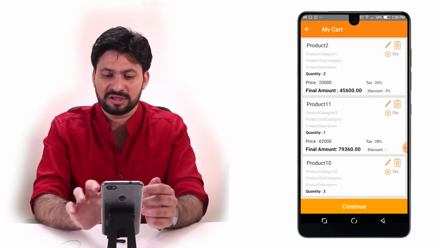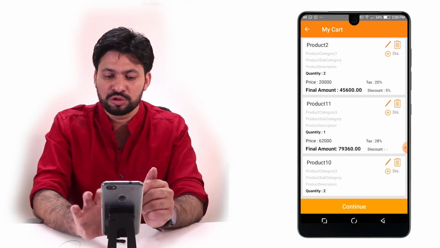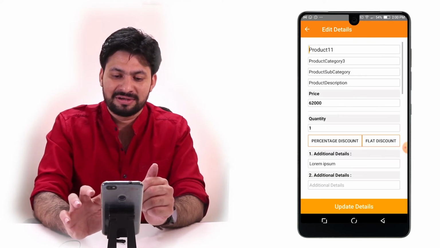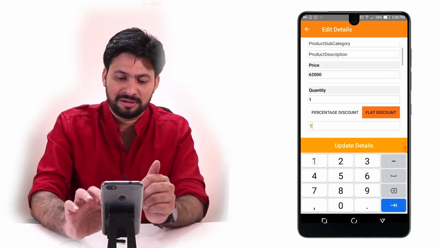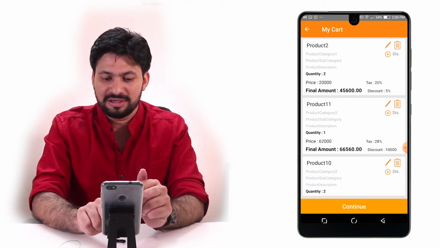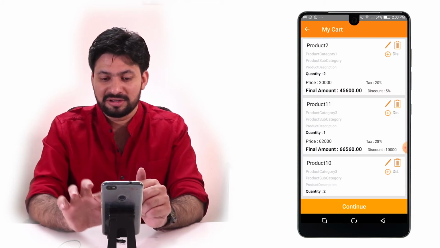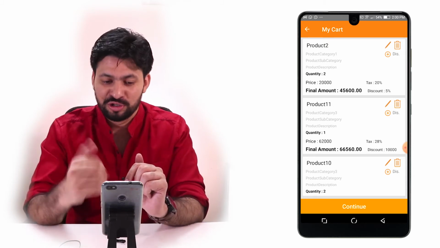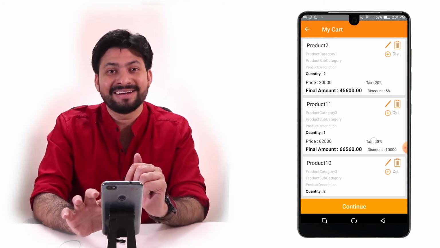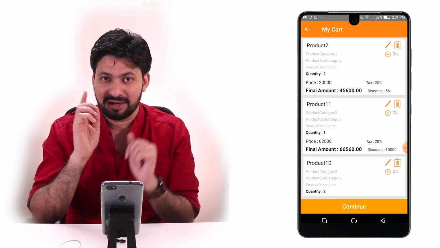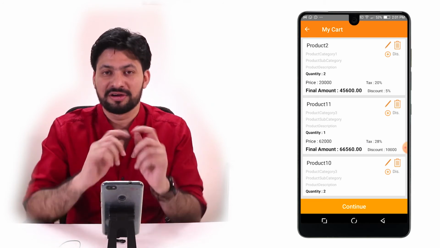So here for this customer I am adding, you keep a close watch on this account now. I am going to give a discount of 10,000. And now you can see it is reduced, but remember there is also a tax and we have chosen with taxes, so it reduced from the main amount and then added the tax into it. It's all happening real time, and you can see again I'm using only one finger to do that.